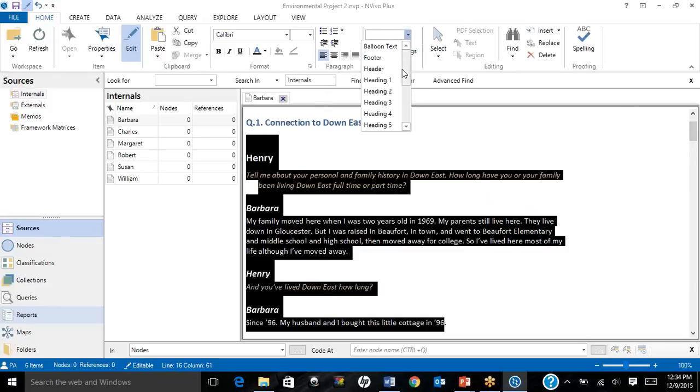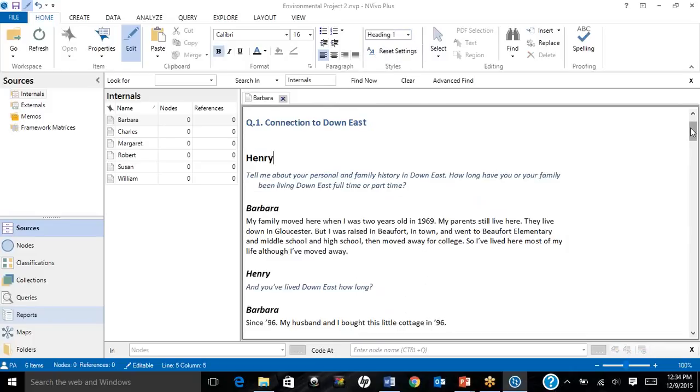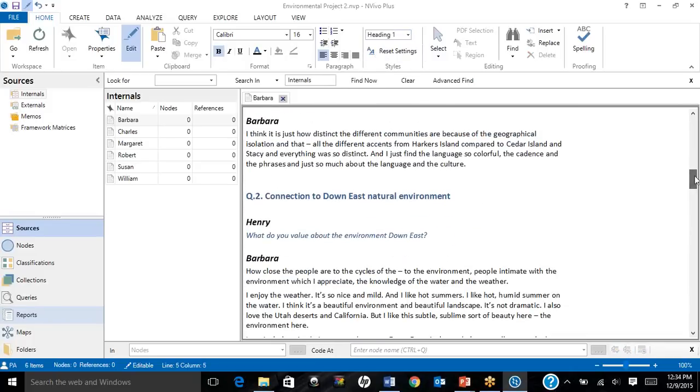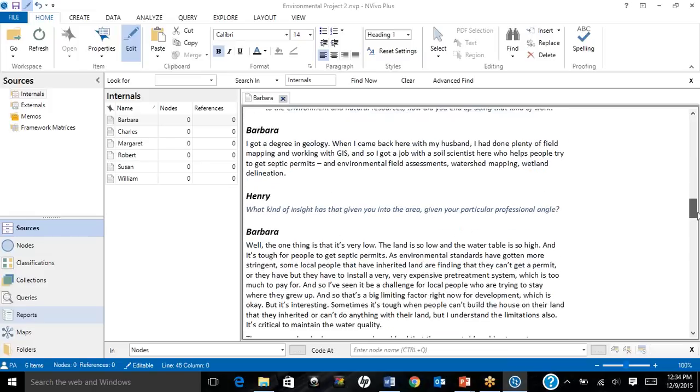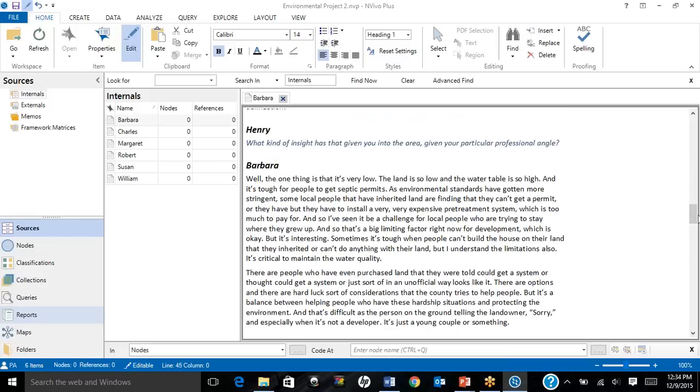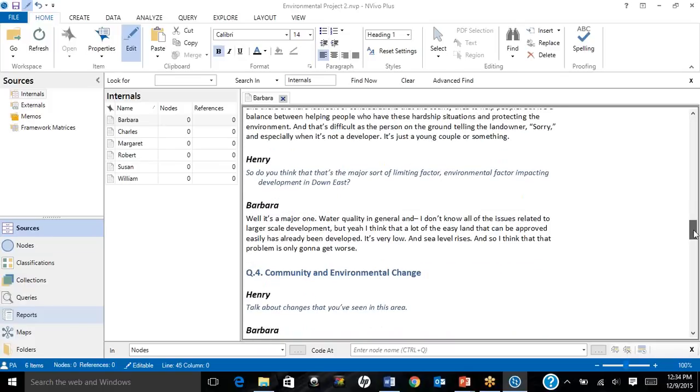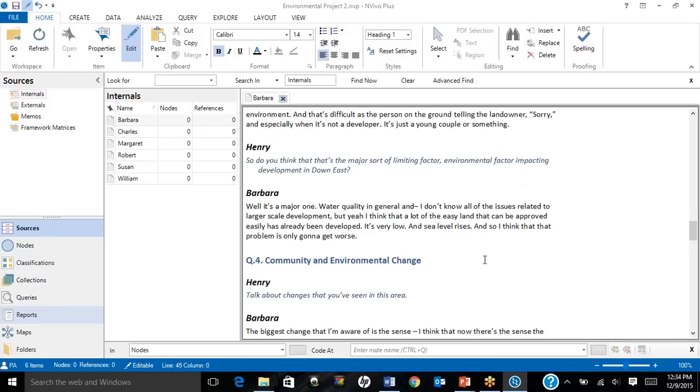You click on normal here. But this has already been arranged, so I don't want to destroy that. You just have to go through all the questions and make sure they are heading 1, heading 1, heading 1, so that you can do the autocode. Autocode is all about automatically coding your data for you based on the interview questions. So after you have gone through the whole document, making sure all your interview questions are in heading 1,